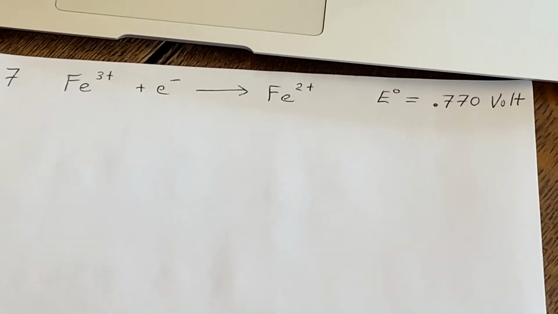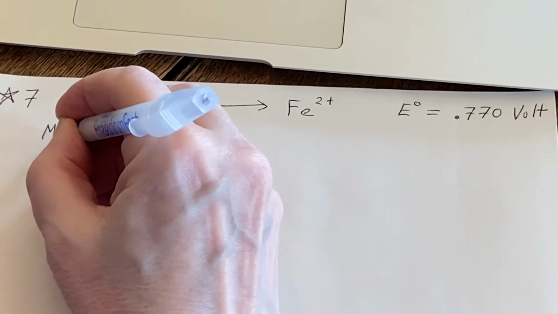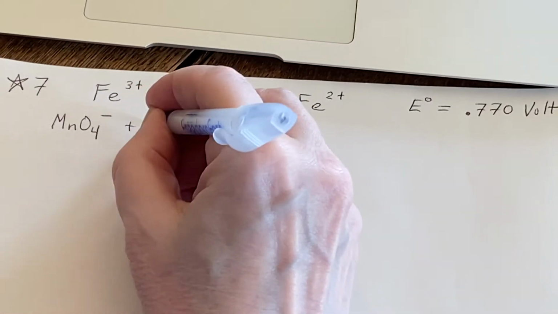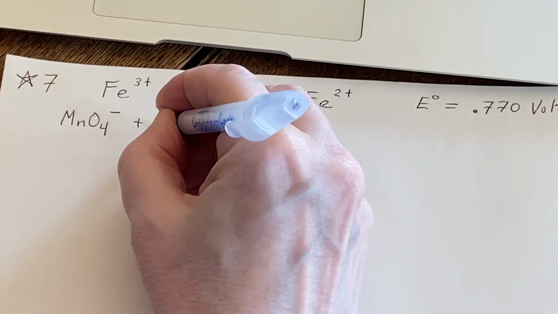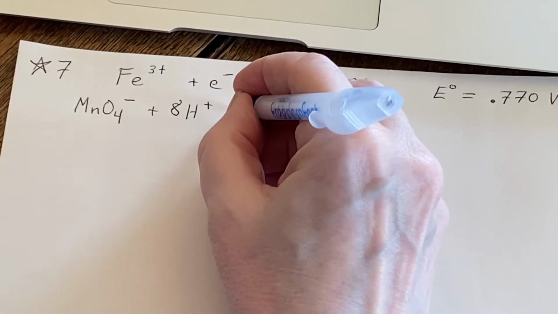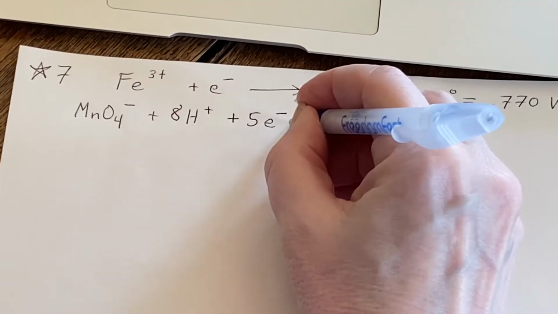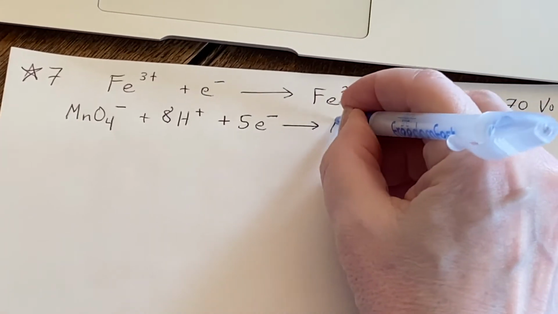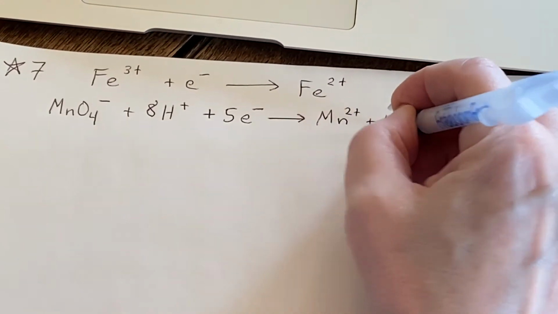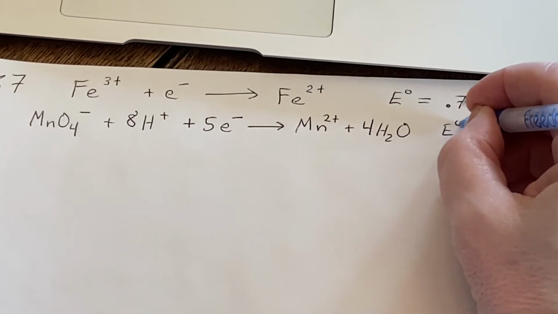Okay, wonderful. That means the other one I shouldn't have to turn around, because it's always one that's reduced and one that's oxidized. So when I look up the other one, which is already in the correct order, what I find is it's a little more complicated than what I would like to see. It says there's 5 electrons involved, and at first that worries me because I didn't have 5 electrons in the last one. But I look this up and I find that it is listed as being